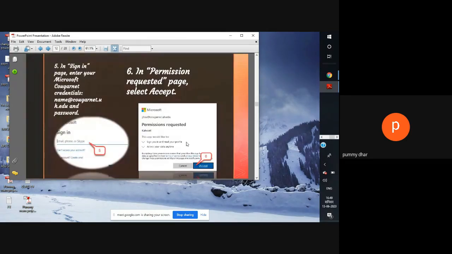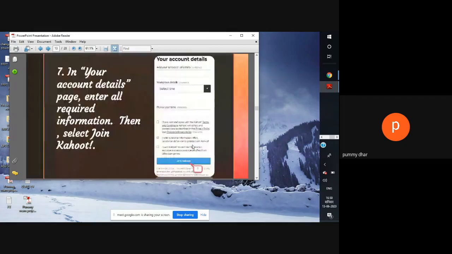On the sign in page, enter your Microsoft credentials, email and password. On the permission requested page, select accept, and you have to tick what it asks you there. On your account details page, enter all required information, then select join Kahoot.